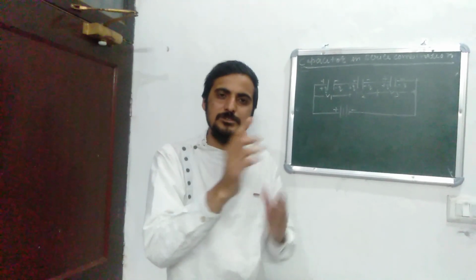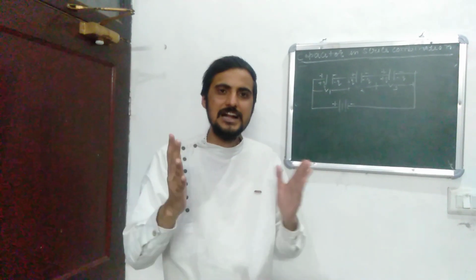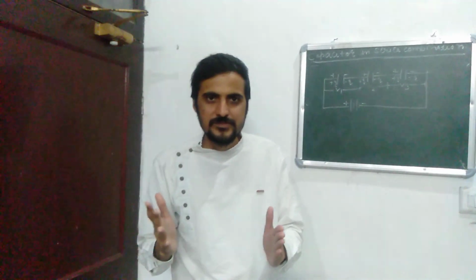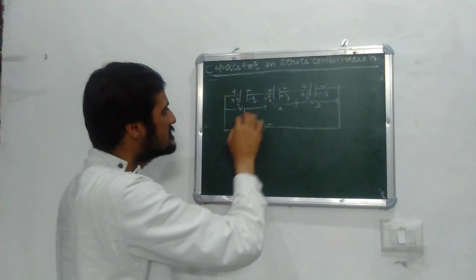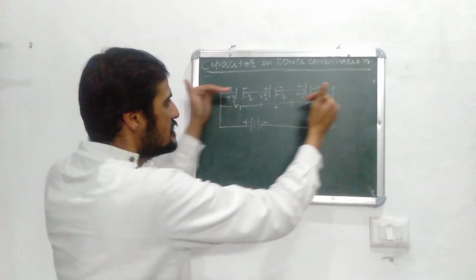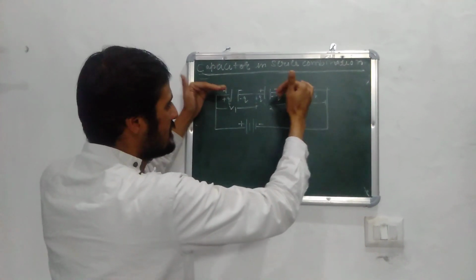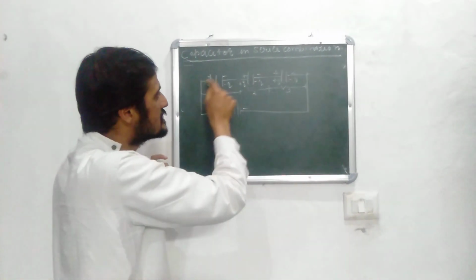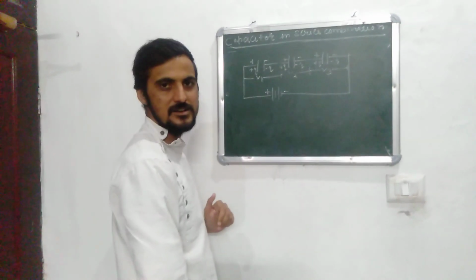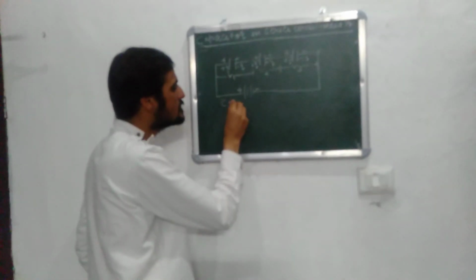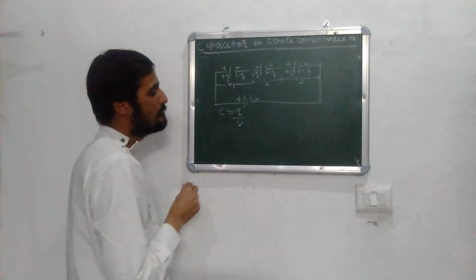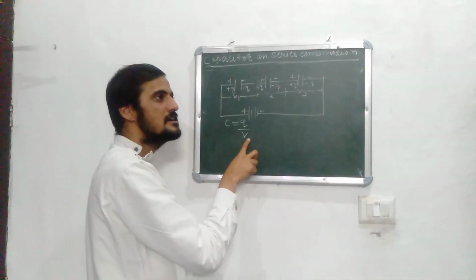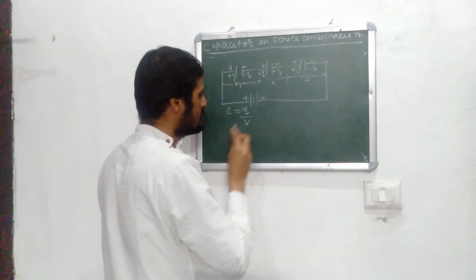This means that the potential remains different and the charge remains the same. If we break from this part, there is no other way for the charge to enter. This is the only way of entering the charge. If we break it, the charge cannot enter from there. As we know, C is equal to Q upon V. So the potential remains different, but the charge in the series remains the same. This is equation number 1.